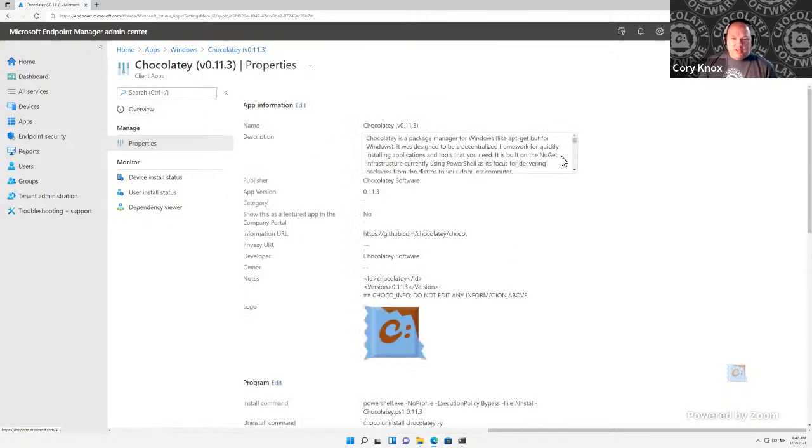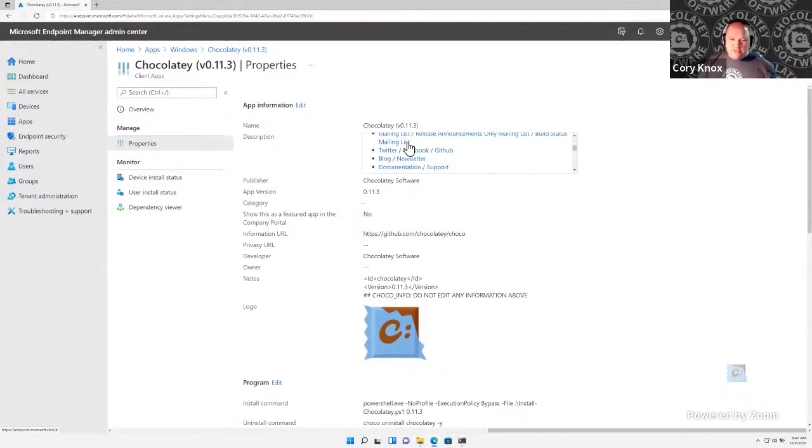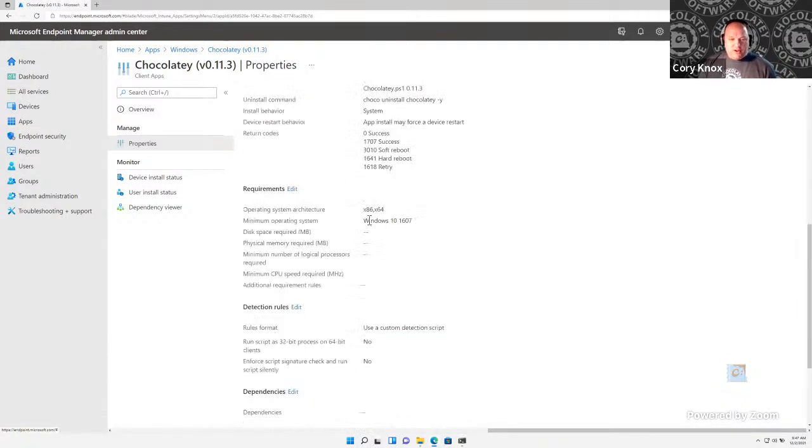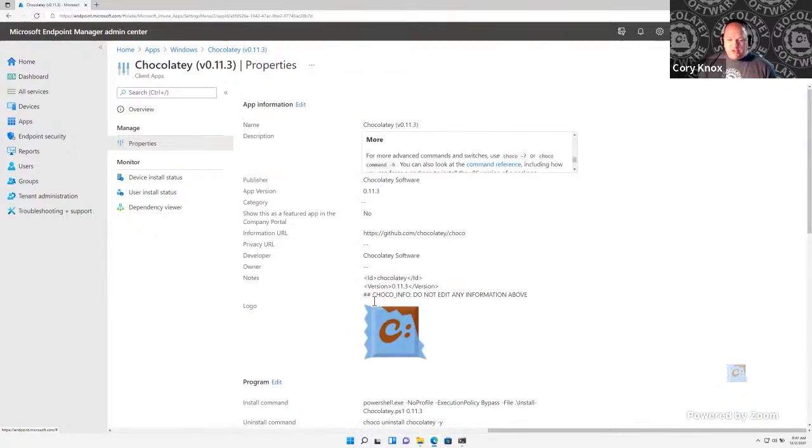So we've got the full description complete with all the markdown that came out of the package, and we pull the icon as well, so that when you're using it inside of the company portal. I always forget what Intune's calling it today, but inside the company portal,